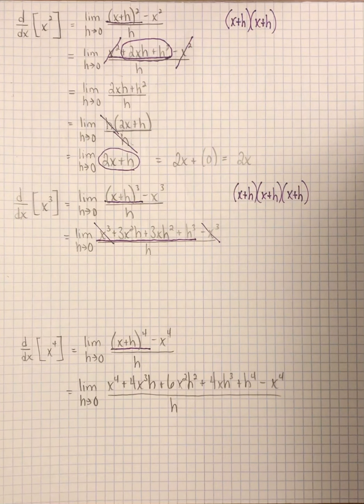So before we come down here to the derivative of x to the fourth, I want to talk more about the expansion of the binomial. There's actually a thing called the binomial expansion theorem, because this kind of thing is rather relevant and shows up a surprising amount. So, what we're going to look at here is the expansion of the binomial x plus h to a power of n. Now, usually the binomial expansion theorem is done with the binomial a plus b to the power of n, but since we're going to be using x plus h in our derivative formula,